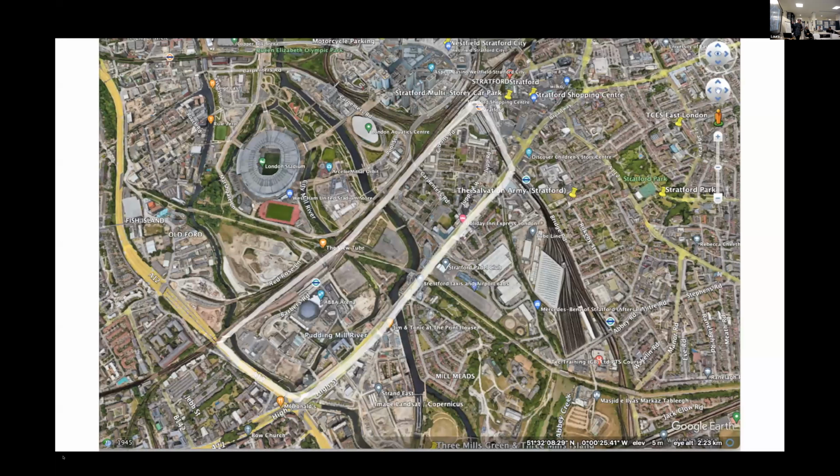So this is our site. As you can see, there's the London Stadium, there's Zaha Hadid's Aquatic Center and the River Lee, which is clean. It's now clean. You can actually swim in it. And this is our site that we're working on. And actually, it's quite interesting because